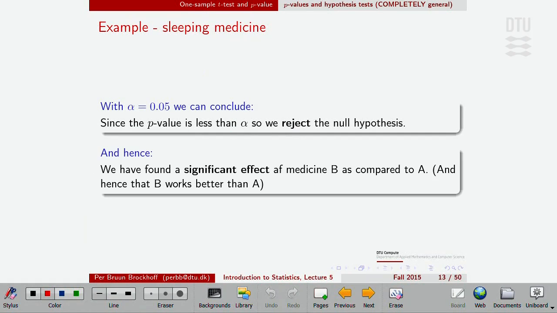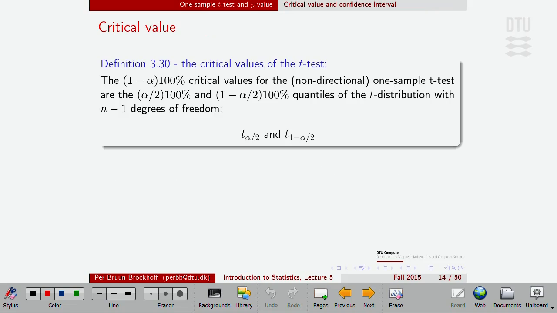So, to use those words once again, if we use the globally chosen 5% level, we would, in the sleeping medicine example, conclude that we reject the null because the computed p-value was below the 5% level. So we conclude that we reject the null, I already did that, and we could phrase it the way that we have found a significant effect of medicine B compared to A. And since we can see that B is better than A, that is our conclusion then. In a way, we just prove they're different, but by looking at the numbers, we are allowed to conclude that B is better than A, actually. Otherwise, it would be silly. So, we jump